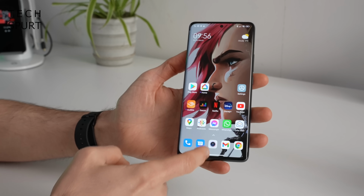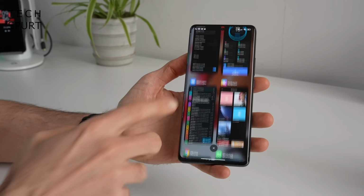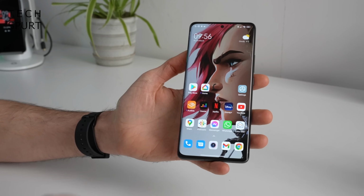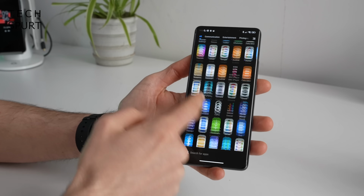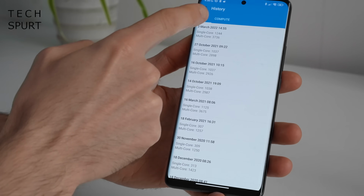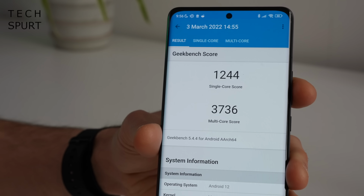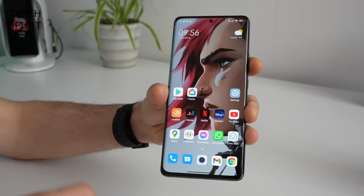No surprises as far as the performance goes. You've once again got Qualcomm's big Snapdragon 8 Gen 1 SoC packed on here. Powers all the big premium Androids pretty much in 2022, including the likes of the Oppo Find X5 Pro, even fairly affordable efforts like the Realme GT 2 Pro. Very strong benchmarking results, as you can see there, so unsurprisingly the Xiaomi 12 Pro can power through absolutely anything